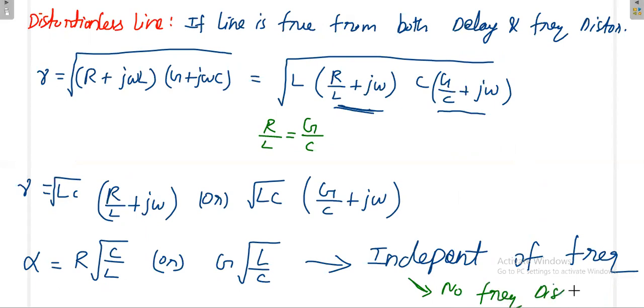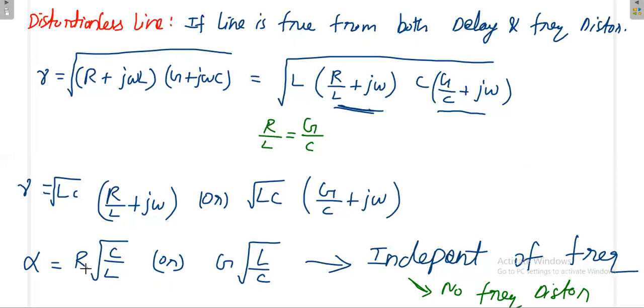Now, you know what alpha is? Alpha means attenuation constant. What is the unit of this? Neper per meter or dB per meter. Just try to match the units, whether the unit of alpha and the unit of this one or this one are the same or different. Try to apply the units, because in future you will get confused whether root of C by L or L by C comes. That kind of confusion you will have. Once you have that unit concept idea, then you may not make the mistake in future.